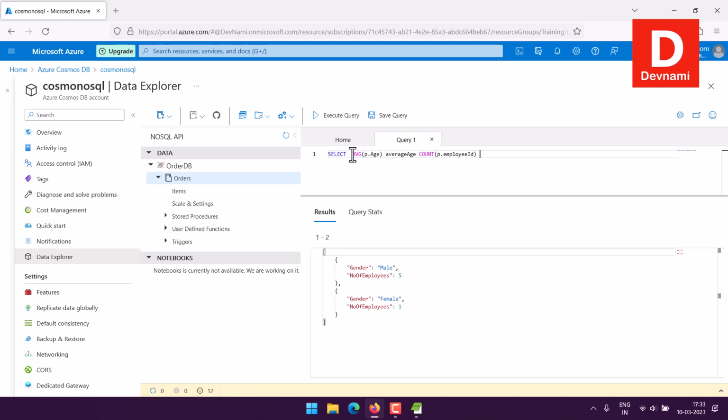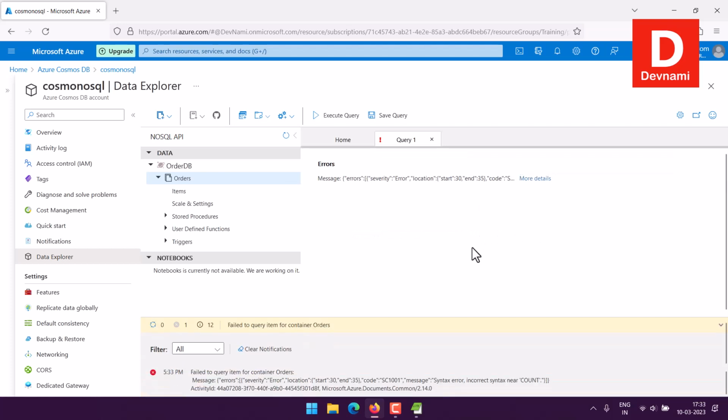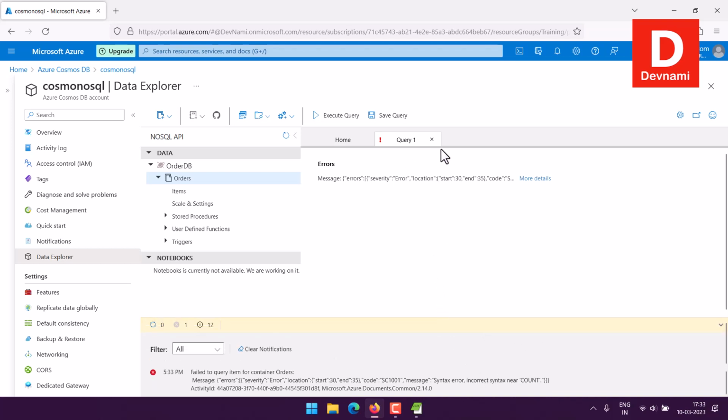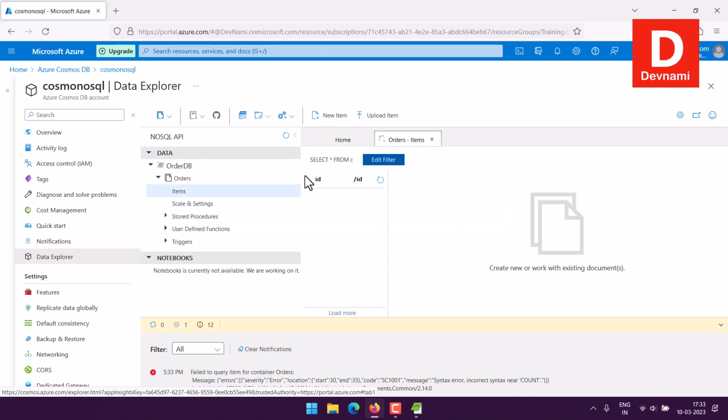And from order P, right? So if we execute this, there are errors, more details we will get. I wanted to see how errors happen, and my wish is fulfilled now, right? So here you can see there is one syntax error, right? So let's close that, go back to items, and